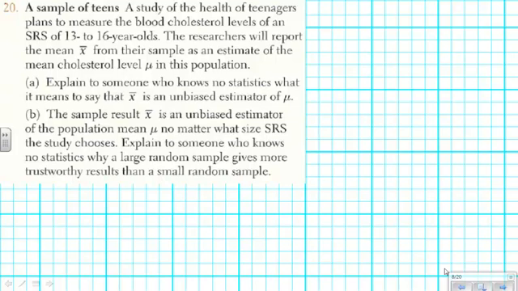Well, let's go back to the definition of unbiased estimator. That the center of the distribution of X bars is going to be the same as mu, the same as the parameter that we're going to try to estimate. That by no means is something that if I said to my mother, she would understand. So let's try it in plainer English.